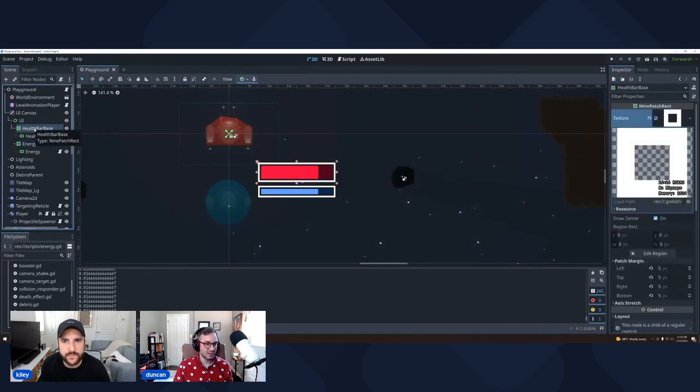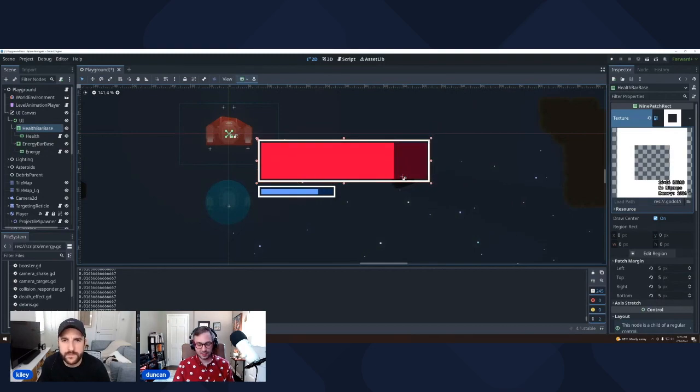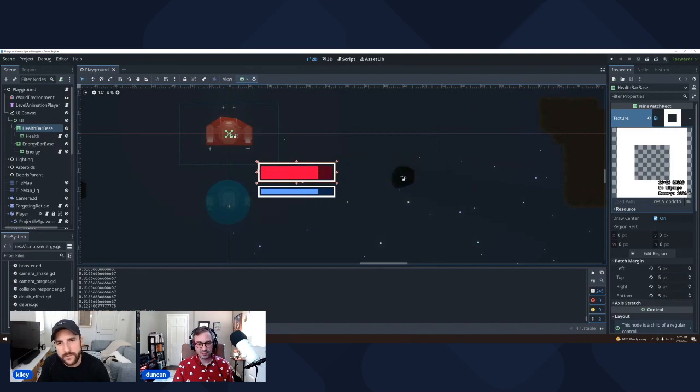And honestly, again, there is a component that is a 9 patch rectangle. That's basically just something that can stretch and scale. The way that works is if you take this rectangle, you cut it 2 times up and 2 times horizontally and vertically, you get 9 patches, right? It's like a tic-tac-toe board. And so what it'll do is it'll keep these corners and it'll basically stretch those middle pieces, right?